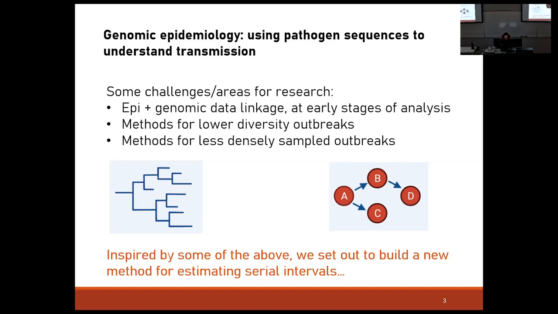this middle area between our phylogenetic methods at one end, which act at this big population scale, stuff like phylogeography, for example, where we know the locations of our tips and then try and infer back through time where in the world the pathogen has been. So we've got that on this big global end of the scale. And on the other end is our transmission reconstruction in a particular outbreak, working out who exactly infected who. And we do have things in the middle, but I think we need more of it, personally, in my opinion.